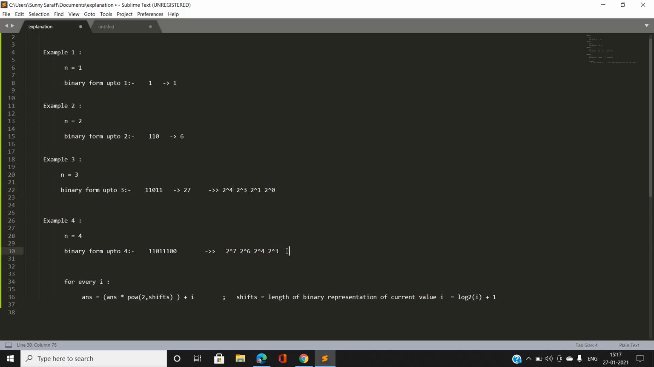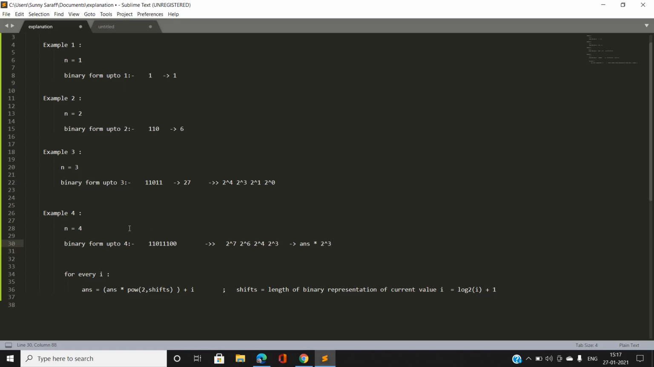Then one thing you can notice is that when the binary representation of 4 is appended, all the set bit positions, that is for n equal to 3, our answer is going to be multiplied by 2 power 3, when we take the common factor here. So one thing you can notice is that when we iterate from I equal to 1 to I equal to n,